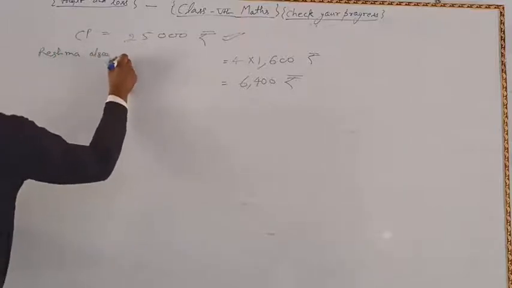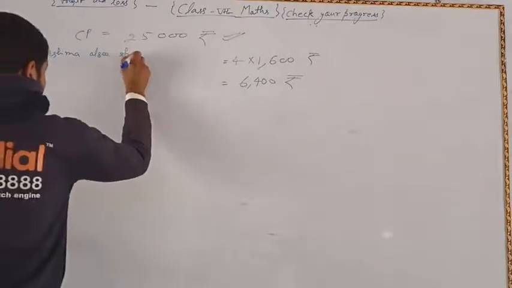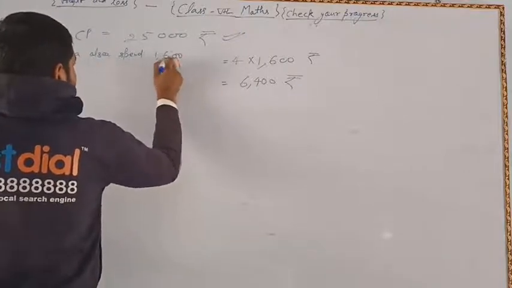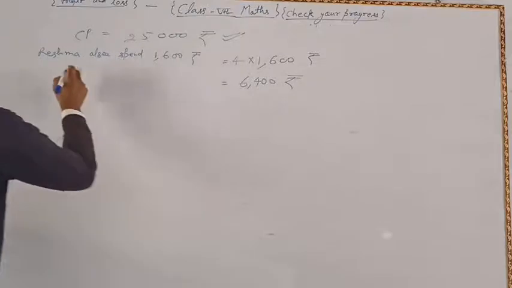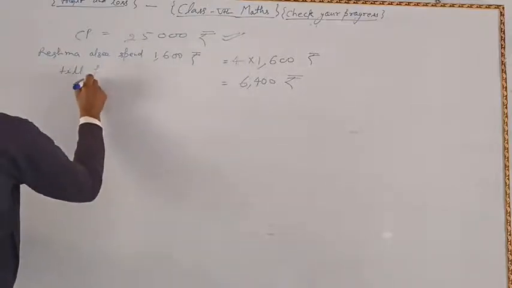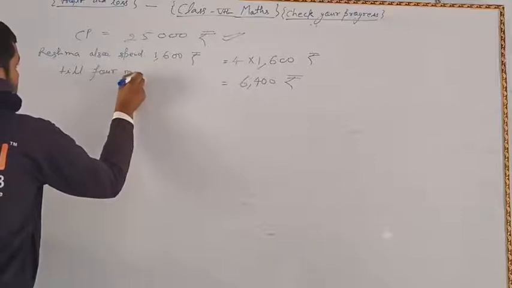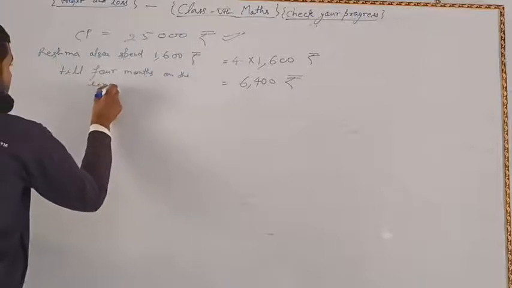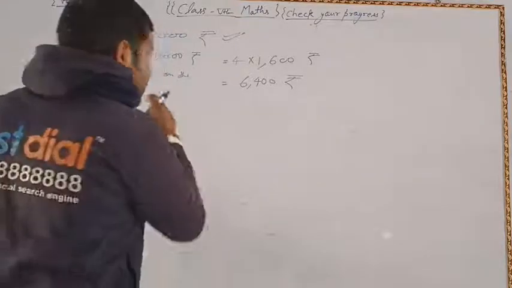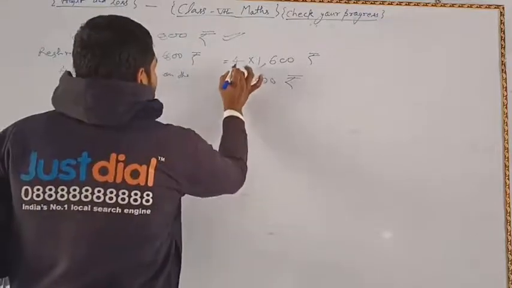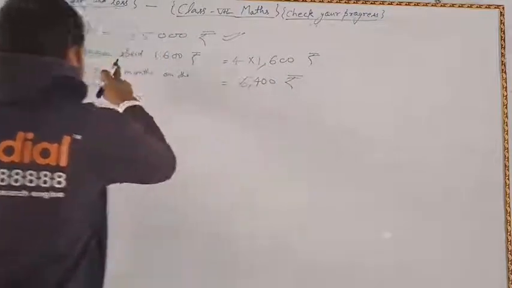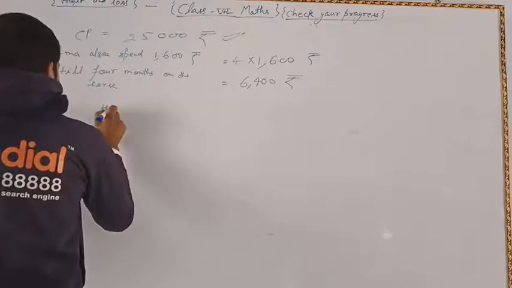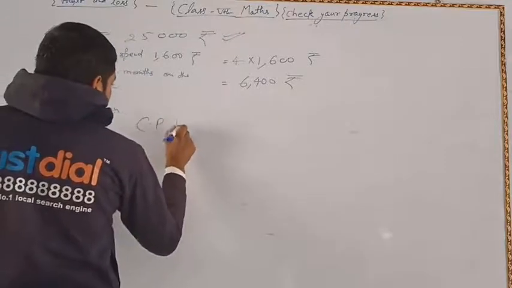Because here we can write that Resma also spent 1,600 rupees for 4 months on the horse. Okay, you have to note this in the question. So 4 into 1,600 rupees Resma also spent on the horse till 4 months. Then the CP became